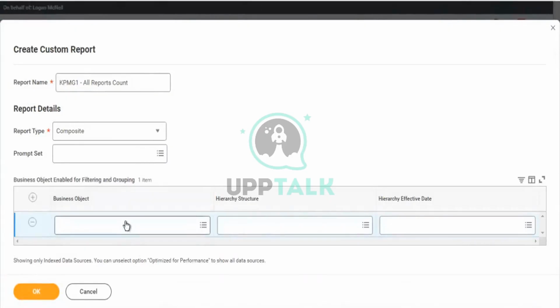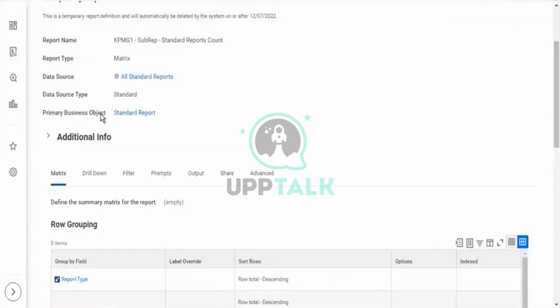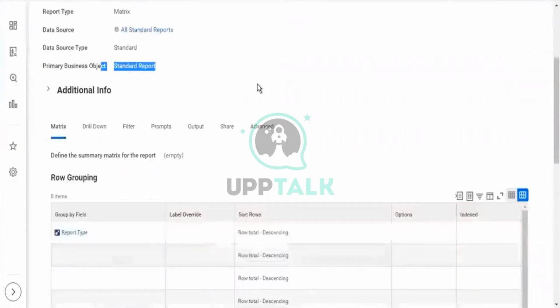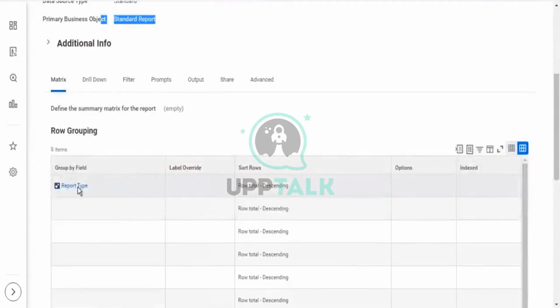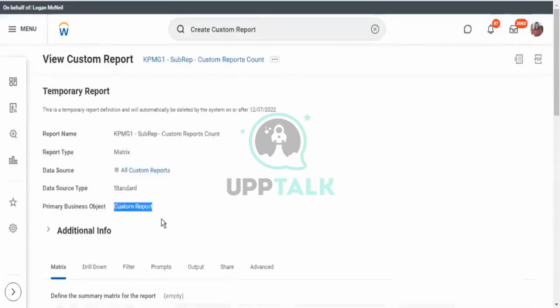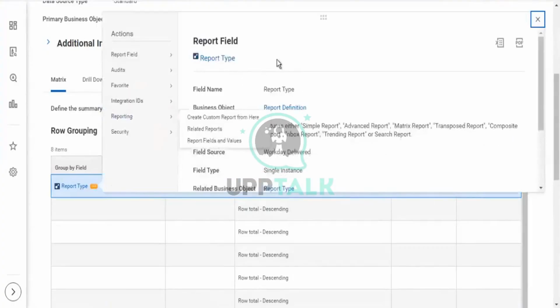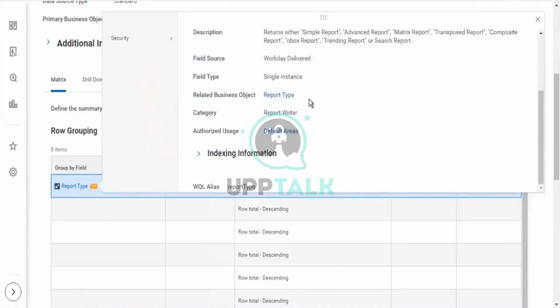Now, when selecting the business object here, we actually do not select the business object itself. If you see, the business objects are in fact different on both of my sub-reports. The object that we select is actually the field which is common, the grouping field being used in all the sub-reports. Here, the grouping field is report type. We need to use the common grouping field. Now, these 2 fields are in fact different, in the sense they are not available even though the name is the same. They are both available on